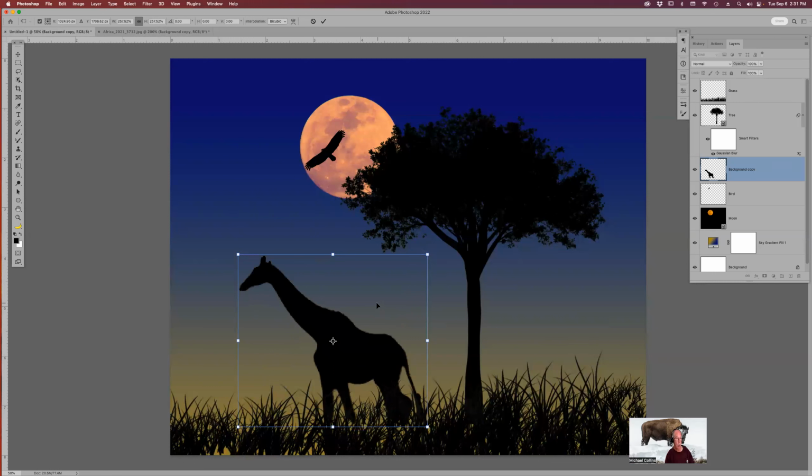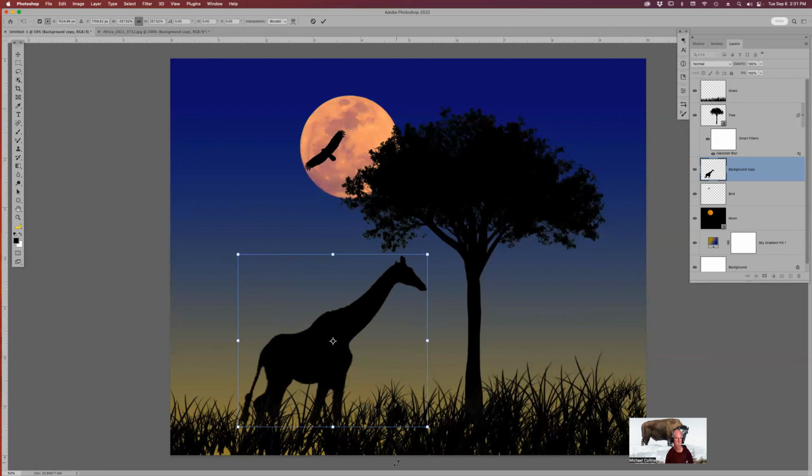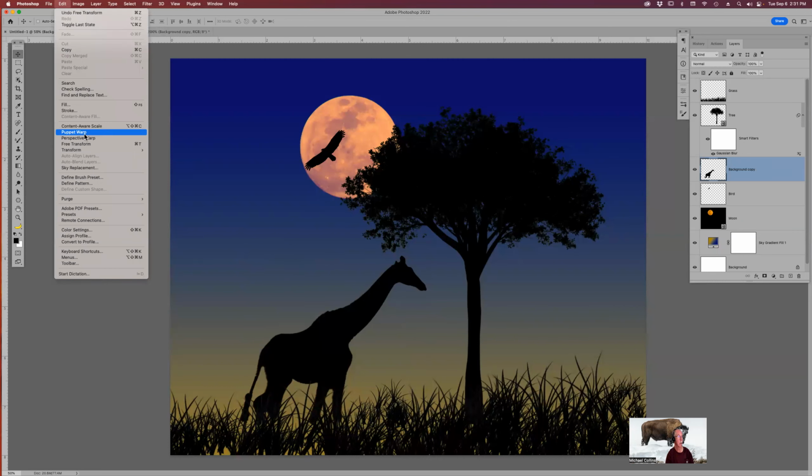And I need to flip the giraffe around so it looks like it's eating out of the tree. So I can finish the transformation and do another thing, or right click and flip horizontal. And now it's in the right direction. And then hit enter. But the giraffe is not looking up like he's eating. So we go into edit, puppet warp,